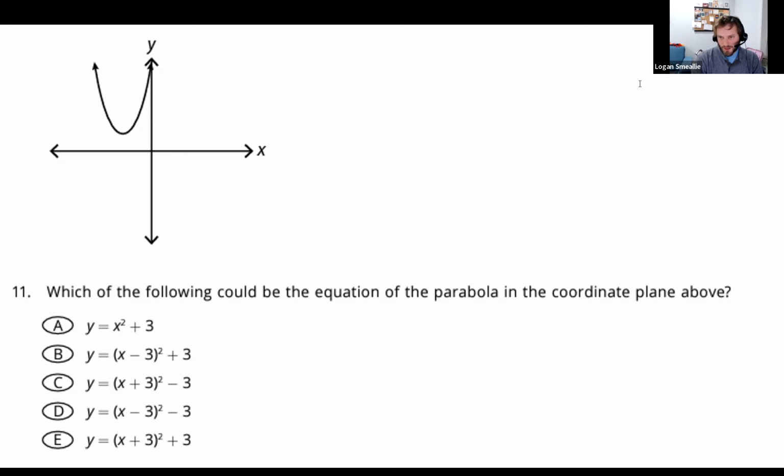The first one I would eliminate here would be A, because I can see that it has moved to the left, and I can tell that, okay, this is only moving it up and down. So that's out. And then I'm going to look at, okay, I know I moved it up. So C and D are out, because if I subtract 3 from my final result, that's going to move everything down into the bottom quadrants down here. So now the question is B or E.